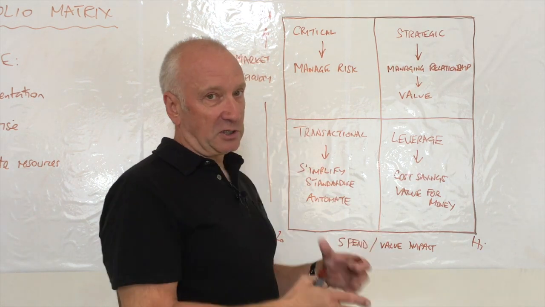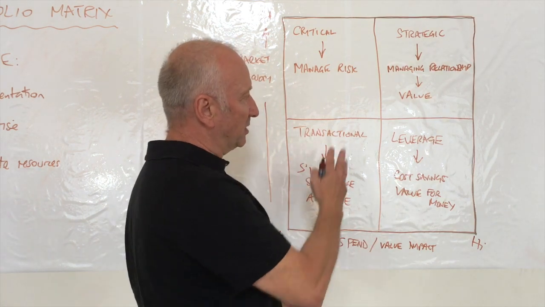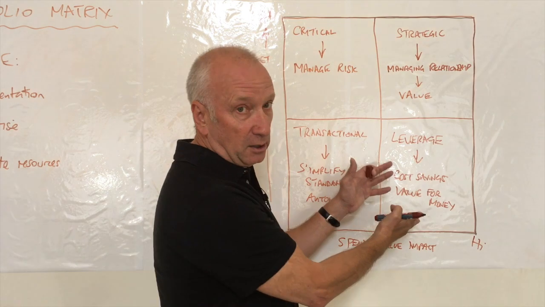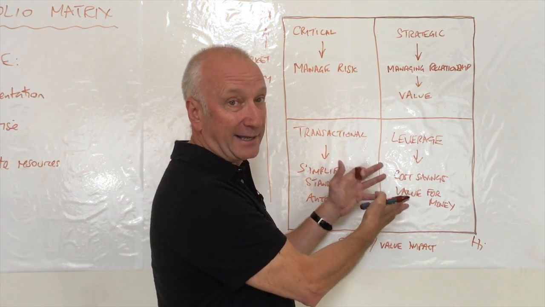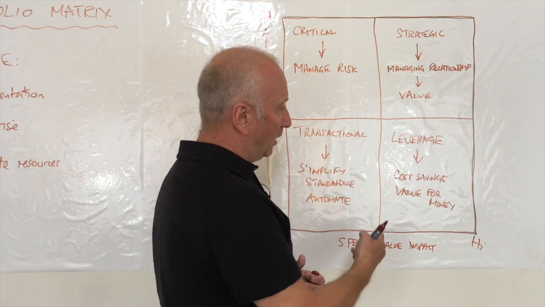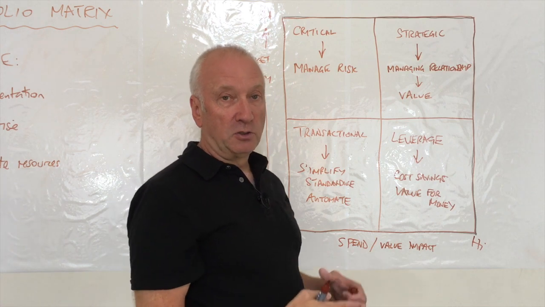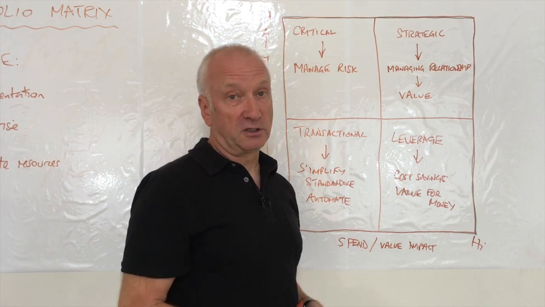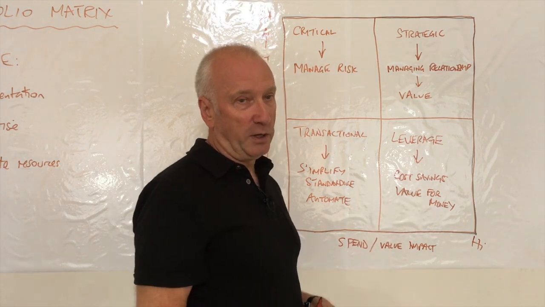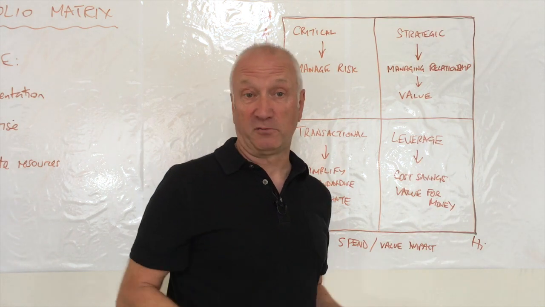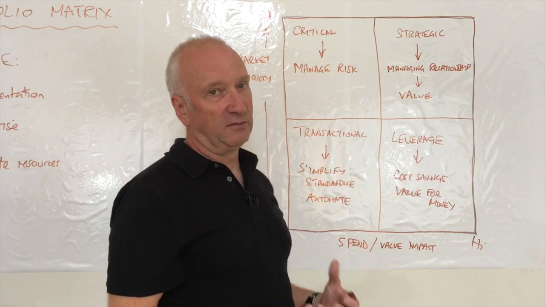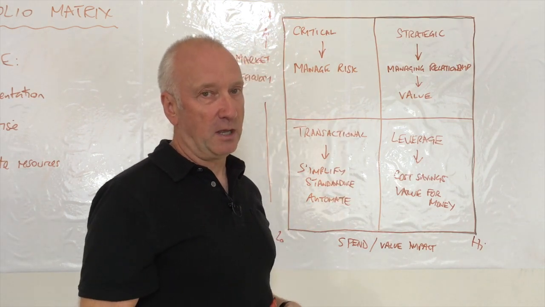The thing about this matrix that's particularly useful for procurement leaders is that it allows them to have some choices. For example, if you were a supplier supplying a category in the customer's leverage box, where the pressure for cost down is enormous, procurement still has the choice to offer a long-term contract if it thinks that's going to provide the best long-term result. But equally, you could find a situation where you're having to rebid for the work every 6 or 12 months. So it gives procurement choices, but you can see that there are 4 distinctive strategy prescriptions within each of these